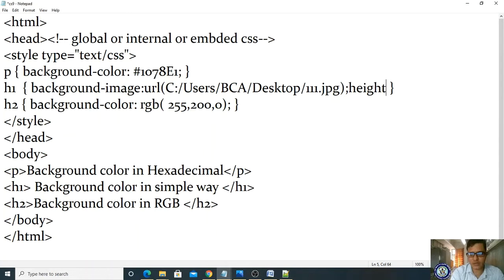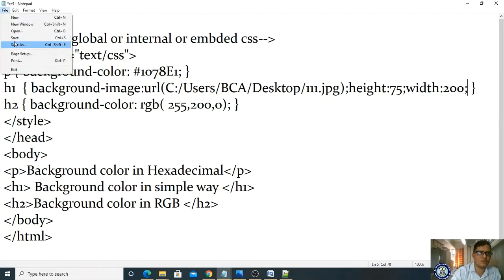Let me specify its height as 75, and width, let me make it 200. Height colon 75 semicolon, width colon 200, and it should be terminated with semicolon.